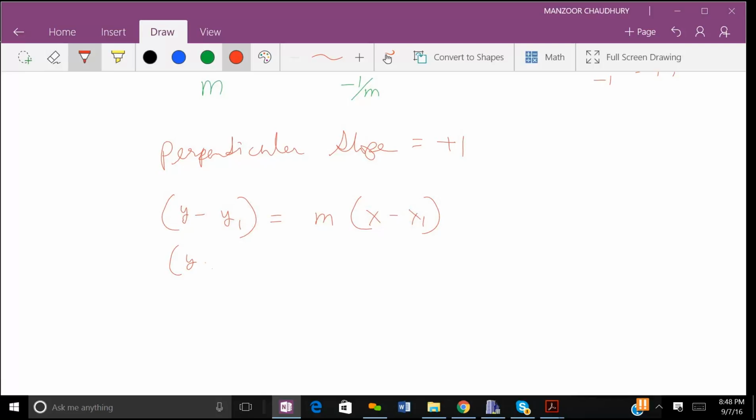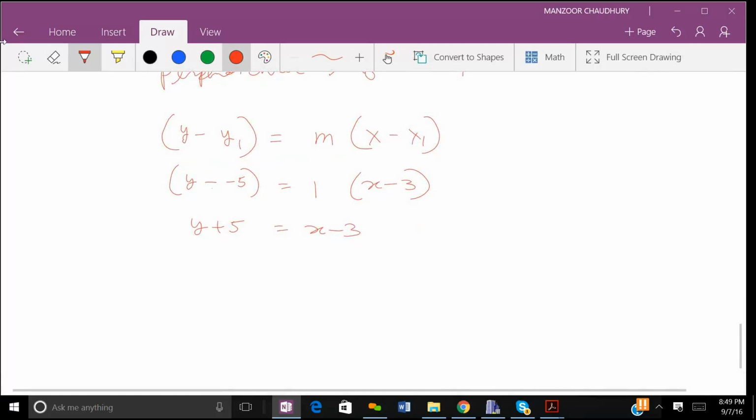So y minus, what is that? It should be -5 equals 1 x minus 3. That's like y plus 5. So add 5, subtract 5 from both. Y is equal to,